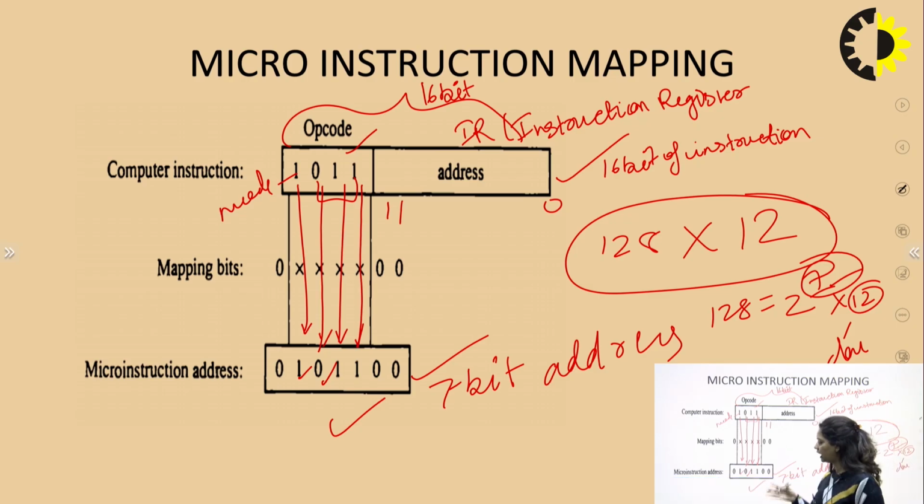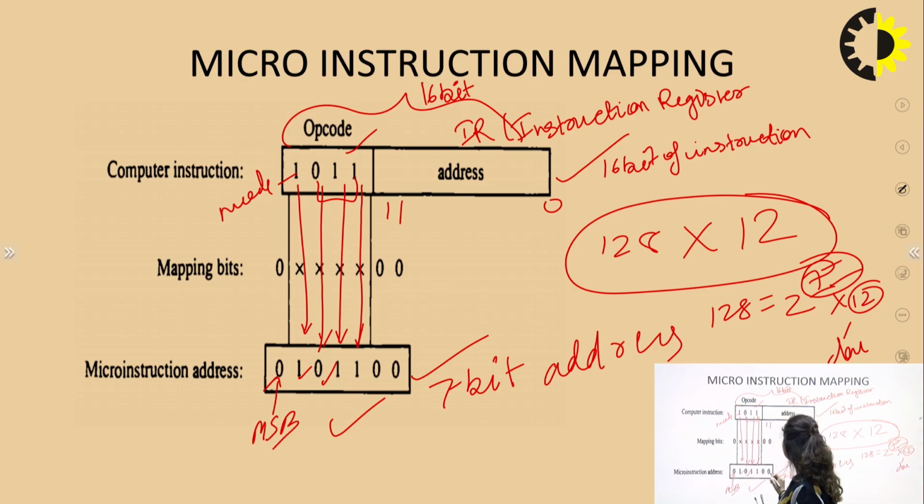We can take it as 8-bit, 12-bit, 14, 16, anything. That will be according to the configuration of the memory which we are taking. And taking the power of 2, we will consider the power to be the number of address bits for that. So here we will be copying this opcode as it is, and we are inserting 0 at the most significant